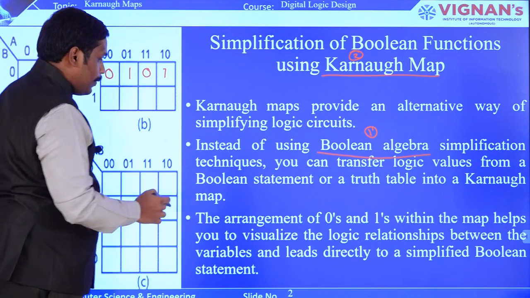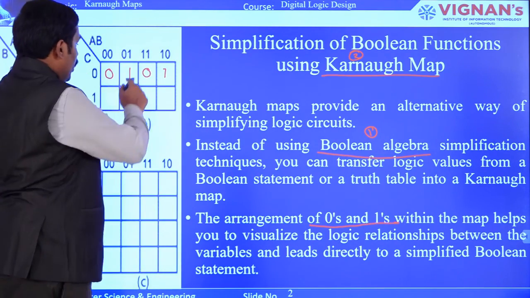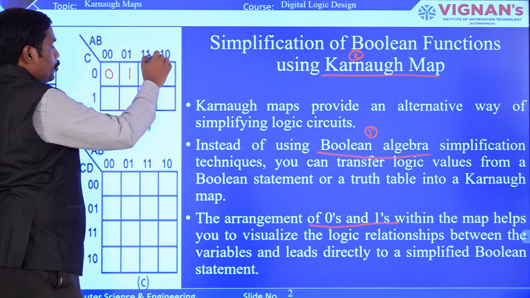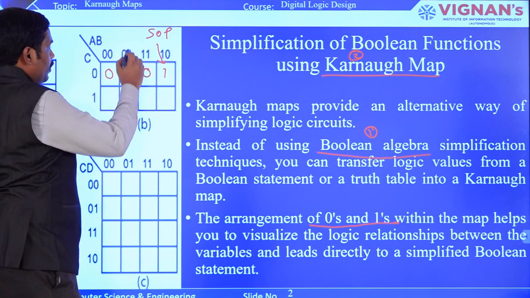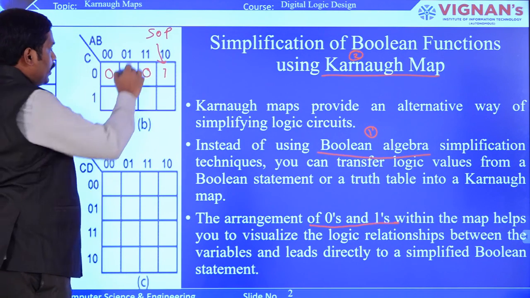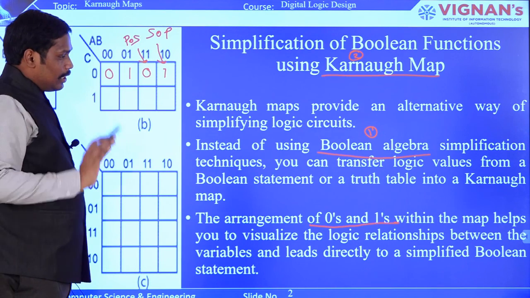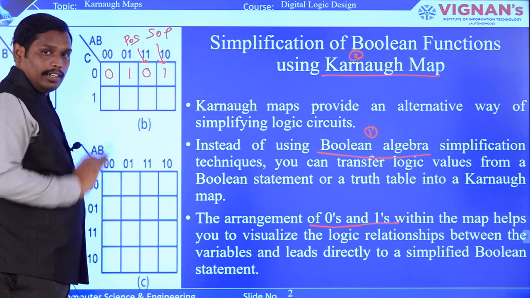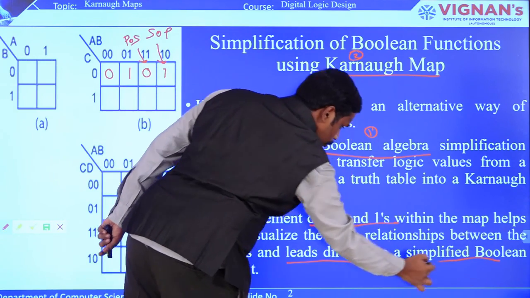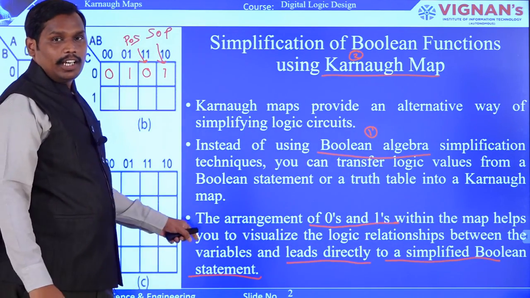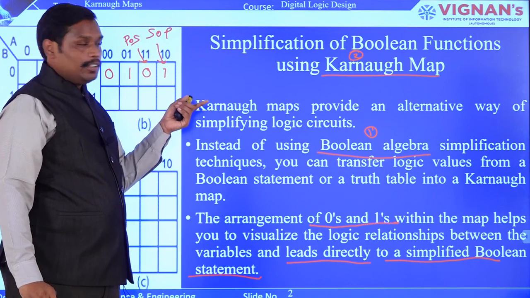In the same way, even the arrangements of the zeros and ones. I hope that you remember when to use 0 and when to use 1. Whenever you are going to use 1, we call it SOP, that is sum of product form. Whenever you want to represent it with 0, then it is the POS form. So, product of sum and sum of product. I hope these are the points that you have to see while updating the Karnaugh map. Then this will directly lead to the simplification of Boolean statements. This is the ultimate objective of simplifying the Boolean function with the Karnaugh map.